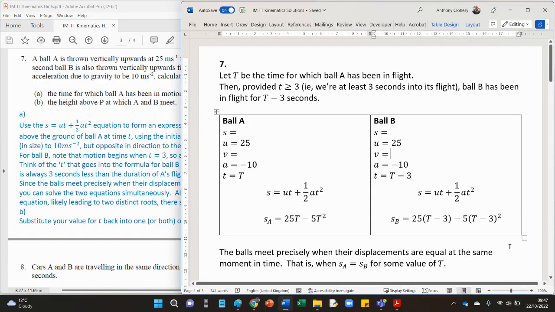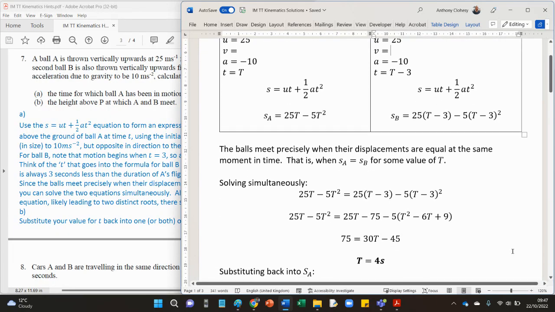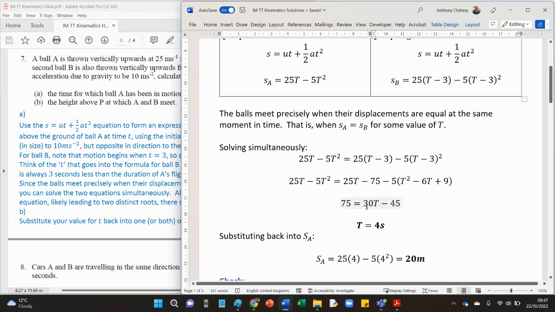And the key thing here is that the balls will meet precisely when they're in the same place at the same time. In other words, when these two displacement expressions are equal to each other for a particular value of capital T. So we solve simultaneously. We set SA equal to SB, and we end up with an expression on each side which is quadratic, and yet because they were fired with the same initial speed and they're under the same acceleration, we find that quite a few things cancel out, and the quadratic equation reduces to a linear equation,